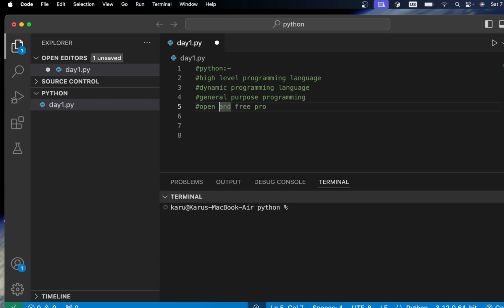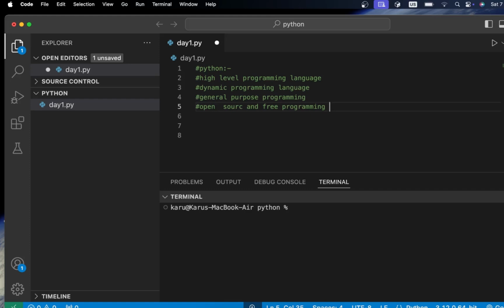Not just open source, it is an open source and free programming language, because with Python we can use the language without paying, without any fee.